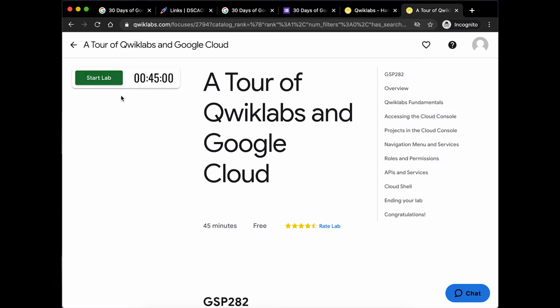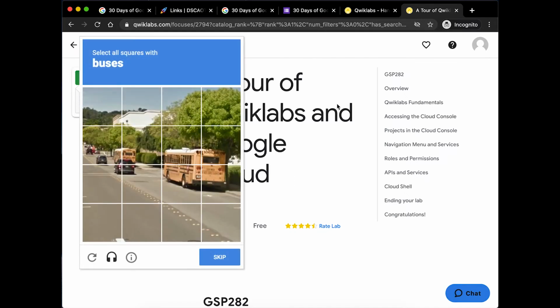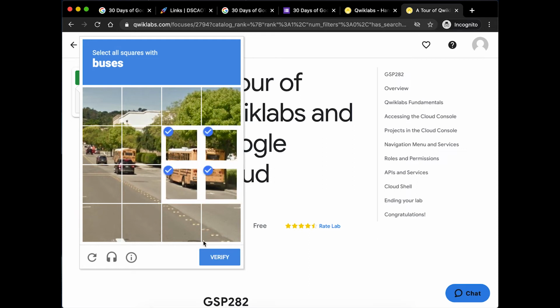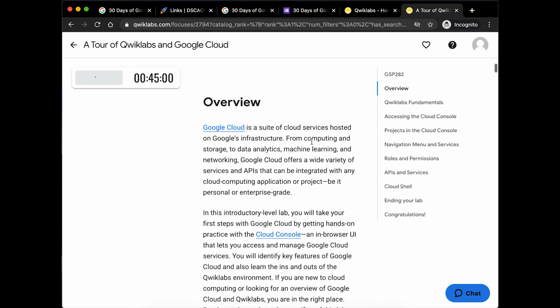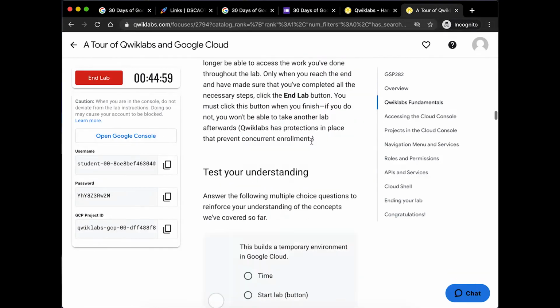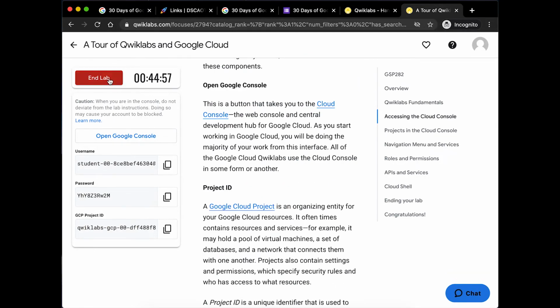So go ahead and start doing this lab. From the time you start this lab, you have to be present in this lab, within this screen of the lab, for at least 15 minutes. Otherwise it's not getting registered properly. So you should not do anything else. You should properly focus on this lab. You can go ahead and complete this entire thing.